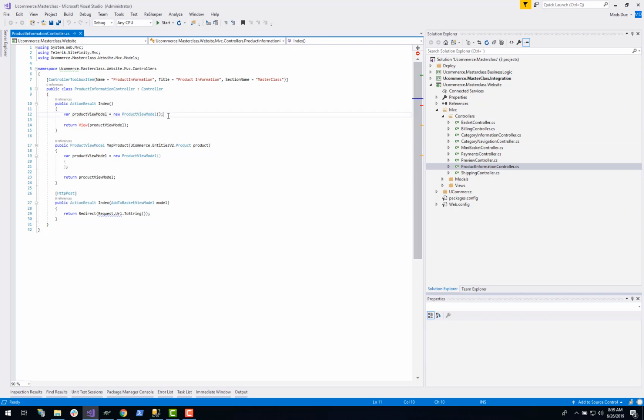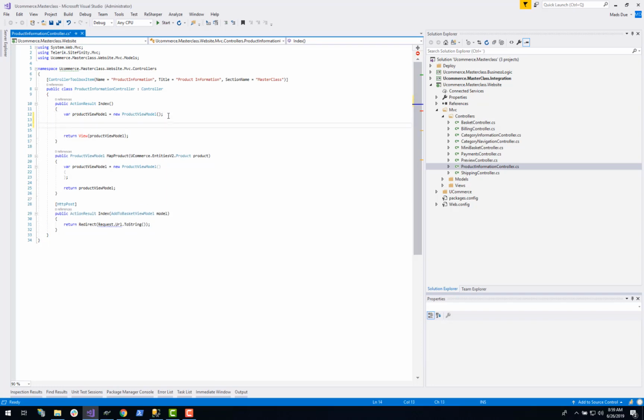So in our index method here, I will use the variable product view model and call the map product method here with the current product that the user is looking at right now. And I'll get that from the Ucommerce runtime namespace, where I can say site context, current, catalog context, to the current product. Like that. So now we are basically just giving the current product from the Ucommerce context. We are passing it into the map product method, so we can get back a product view model